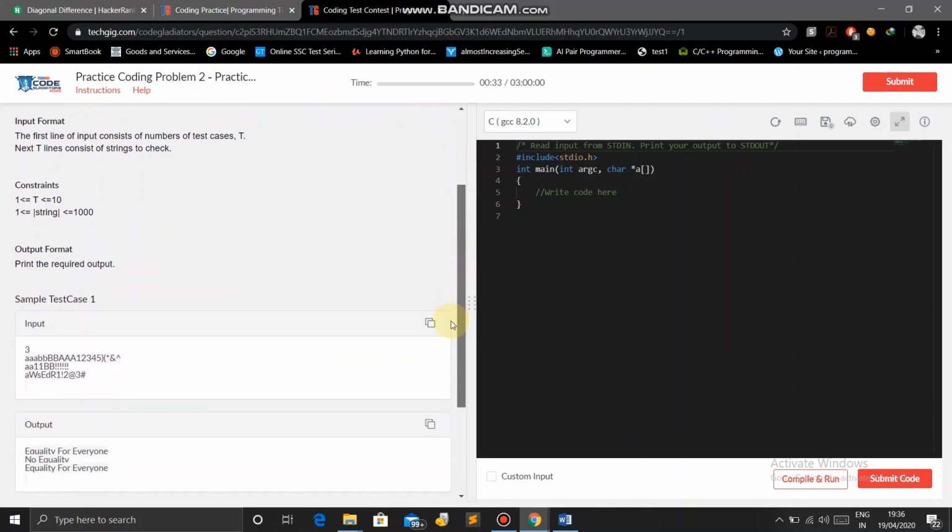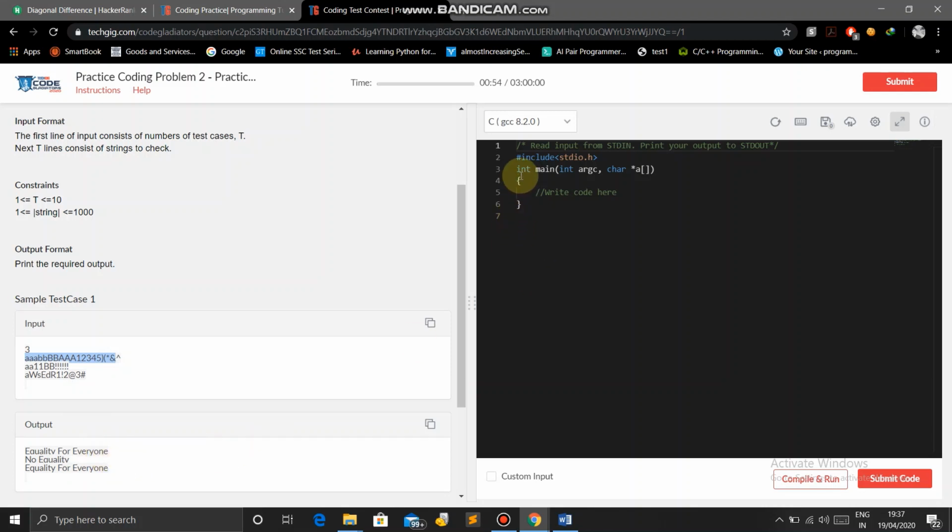Means a string is given, and if it has an equal number of lowercase characters, uppercase characters, numbers and special characters, then print equality for everyone. If there is no equality, then print no equality.